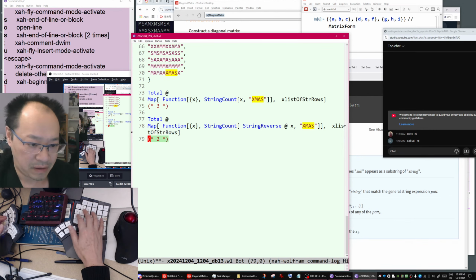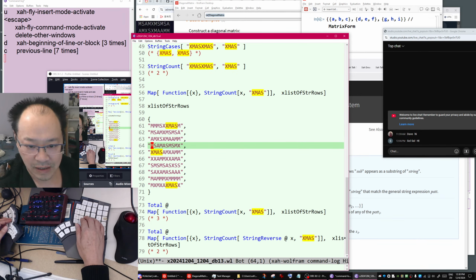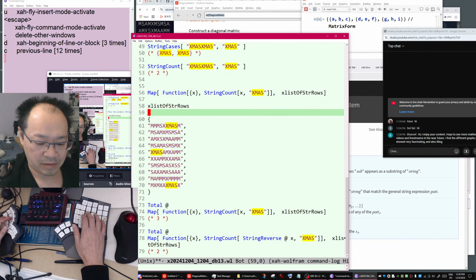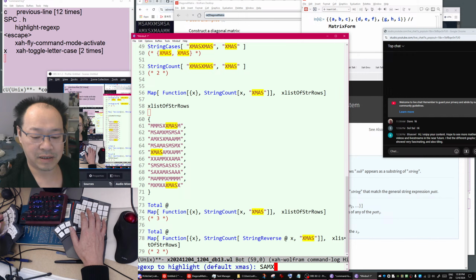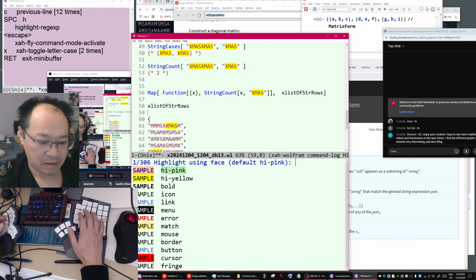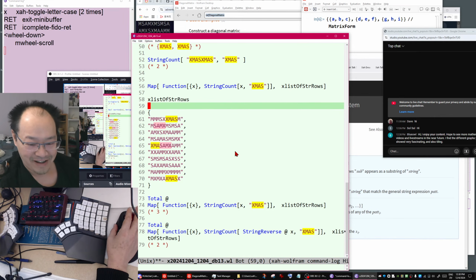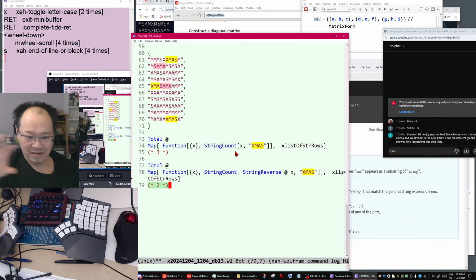What is reverse is SAMX. Let's highlight it, SAMX, pink. Two occurrences. Nice highlighting. So that is all the horizontal, a total of 5.